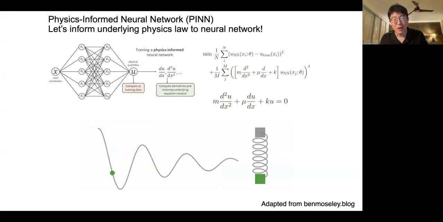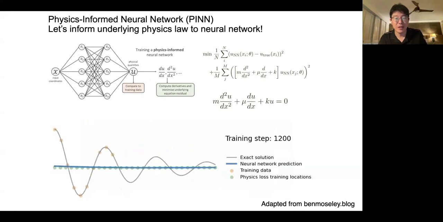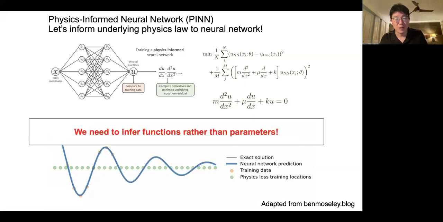One way to overcome this is to tell the governing equation to the neural network by introducing an additional residual term, which satisfies the given governing equation. This is called a physics-informed neural network, as everyone knows in this seminar series, developed by George Karniadakis. And by just telling it this physics, you can see that even outside of the data points, the fitting is very good. So we decided to use a physics-informed neural network for this problem.